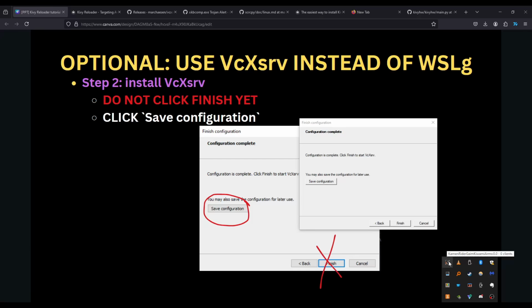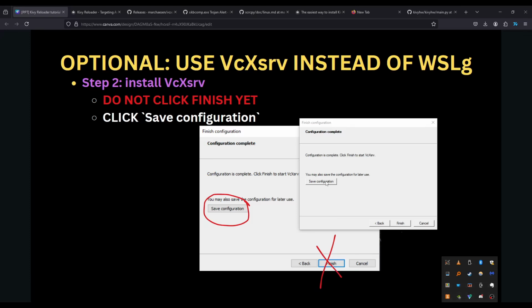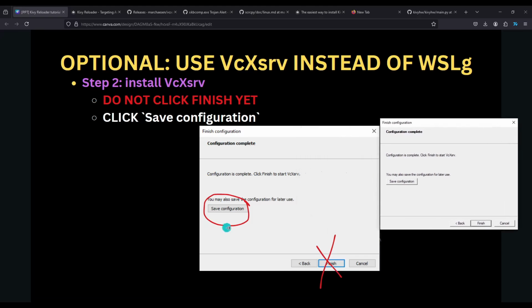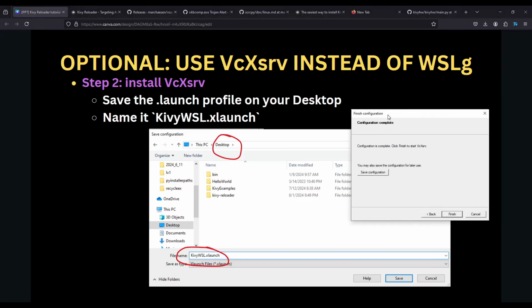We need to run it so that Kivy on WSL has an X server to connect to on your home Windows. If you do not run this, Kivy on your WSL side will try to connect to basically no server at all, and then you won't see a window. That's why we need to save this configuration and then run it every time we want to run Kivy with VcXsrv. So what we're going to do is save configuration, and then